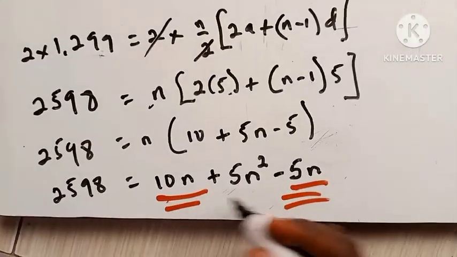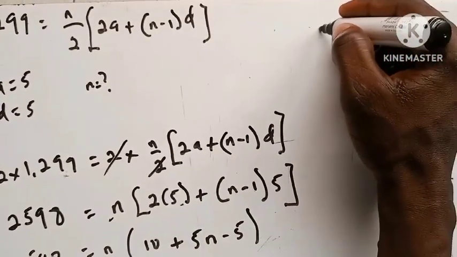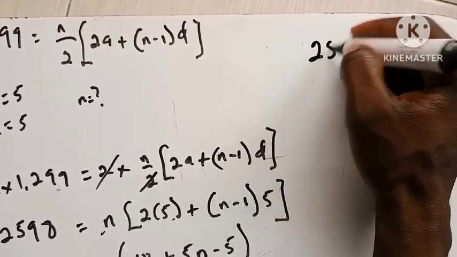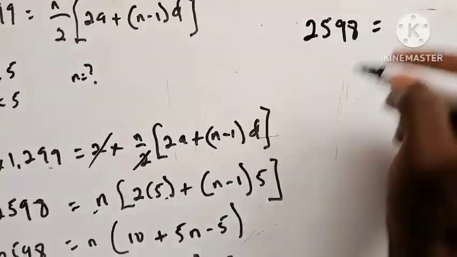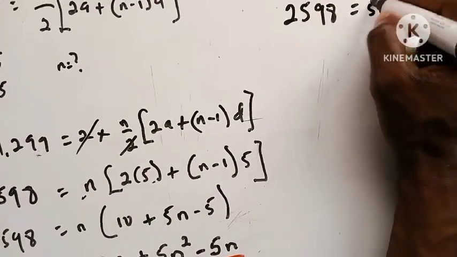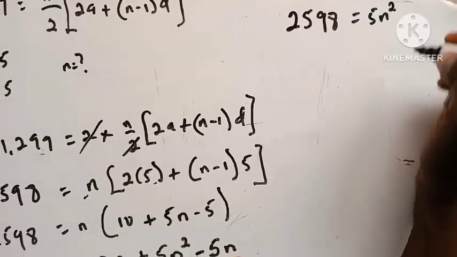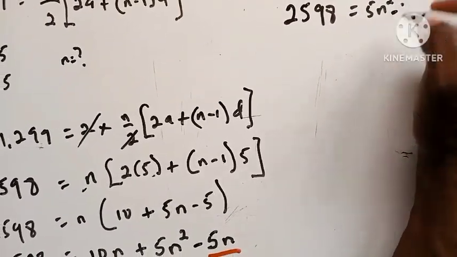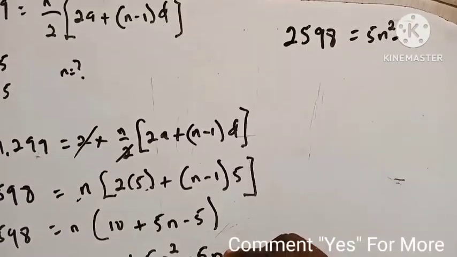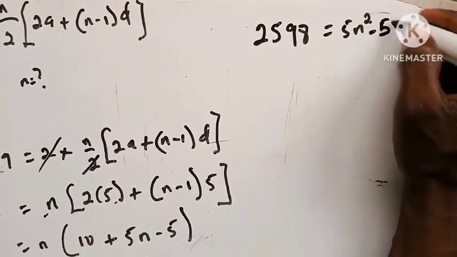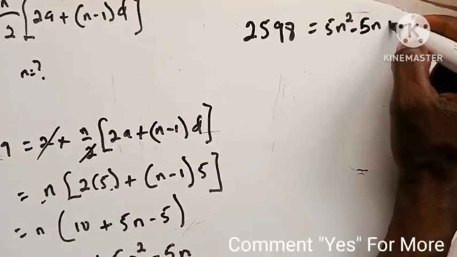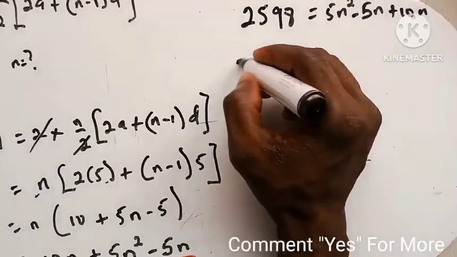Now grouping this one and this one here. So from here we have 2,598. Everything is equal to, that should be, here is going to be 5n squared, right? And then minus we have 5n here, right? So 5n here, so that's minus 5n, and then there's a plus here, so plus 10n. So you are grouping the two, so you have